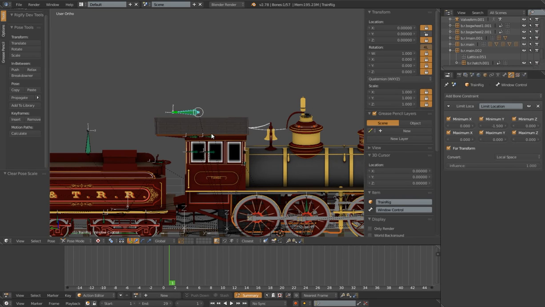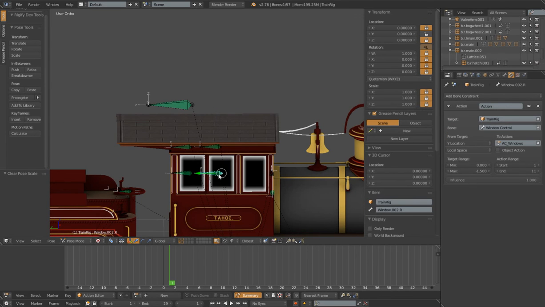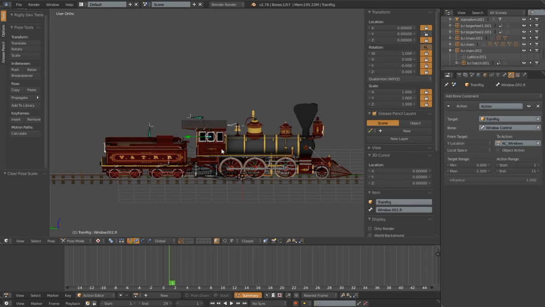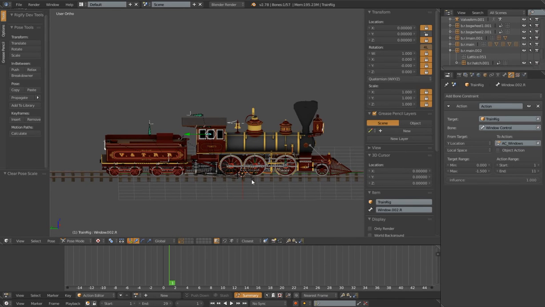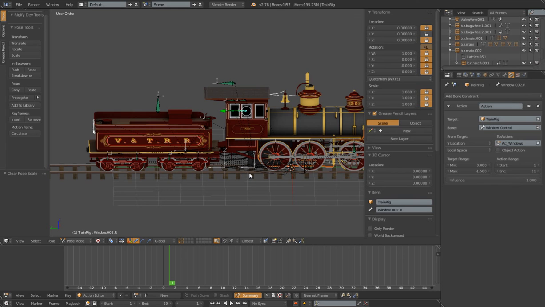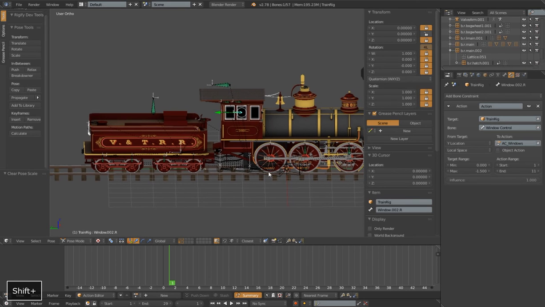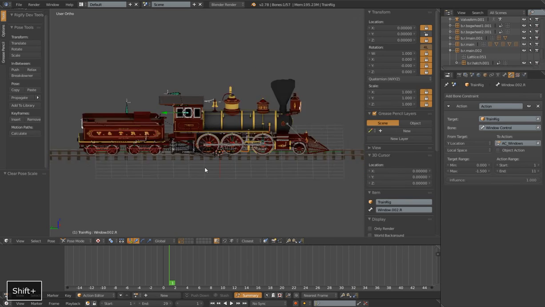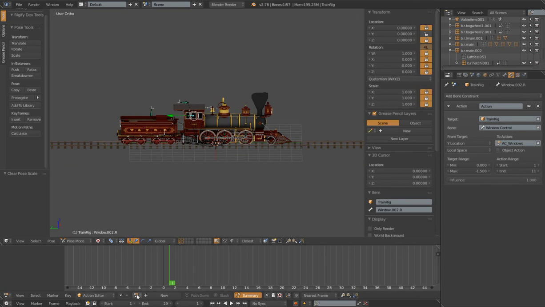If you've done a lot of rigging, you know exactly what I'm talking about, where you lose control. You have to have a bone copy a rotation, and now you can't rotate it. You have to add another bone to it, parent it to that, and then, you know, it's always 3 times the bones that you should need. Anyways, that I think is the final part of this train rig. I might do an amendment later, but just to kind of finish this up,